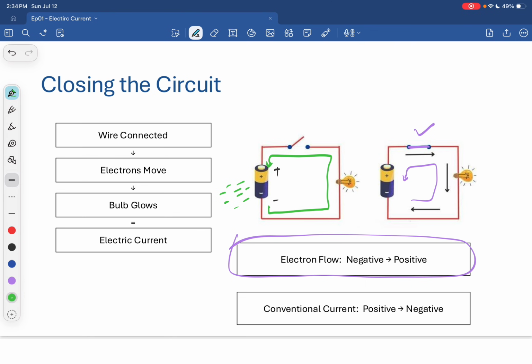But in conventional current, how we like to draw it is from positive to negative. Everywhere in the books we have been doing it for years, so that's why we still do it. But in real life, the electrons are actually moving from negative to positive. In books and for everyday calculation, we draw it from positive to negative, from this side. Okay,